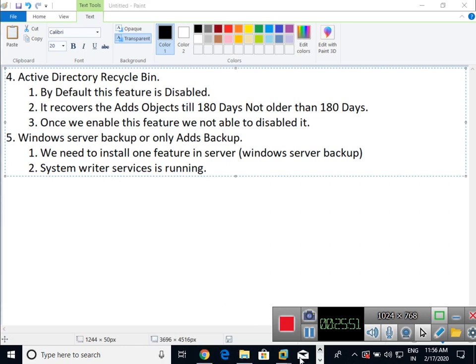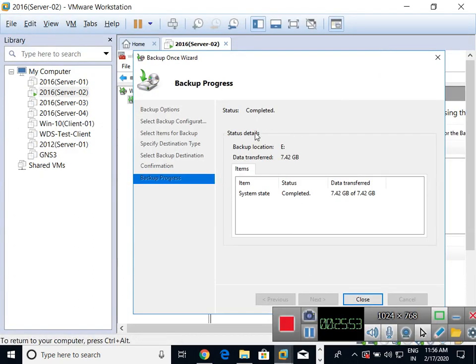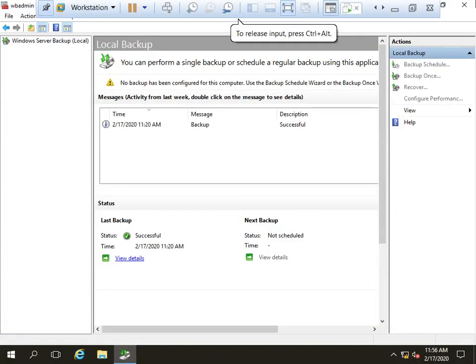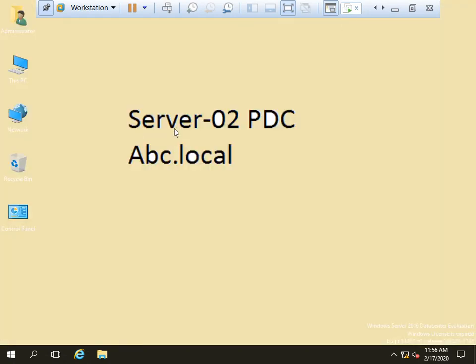So I was showing you that the backup is completed now. Okay, it's complete. If I close this one, you can see it's showing the written time, so your backup is completed. And if I open my File Explorer,